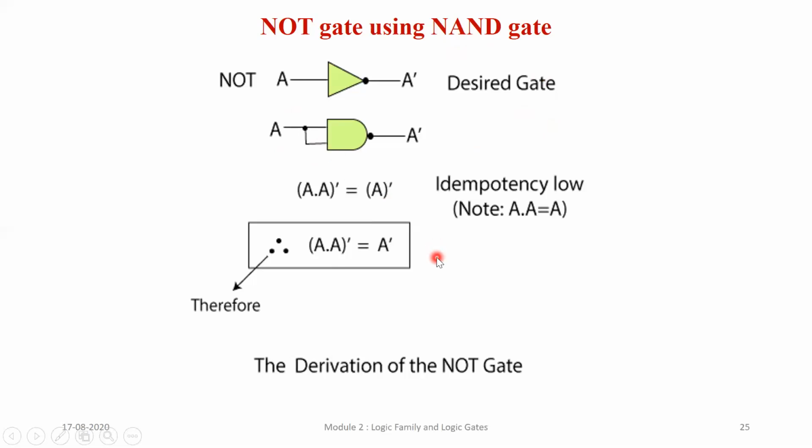This is an important question for the exam. In the theory exam, we ask you why they are called universal gates, for small marks. Or they may tell you to prove that NAND and NOR are universal gates, or that NAND is a universal gate. Then you have to implement all these functions. So write that law over here. This is how we derive it. Clear about this?